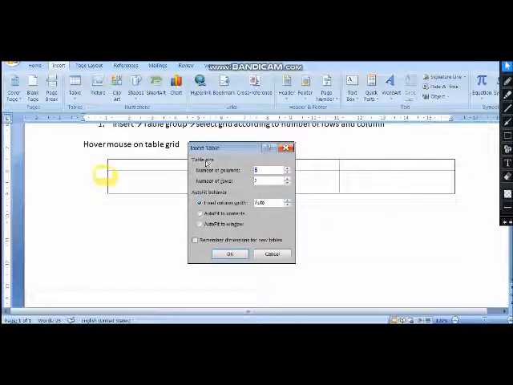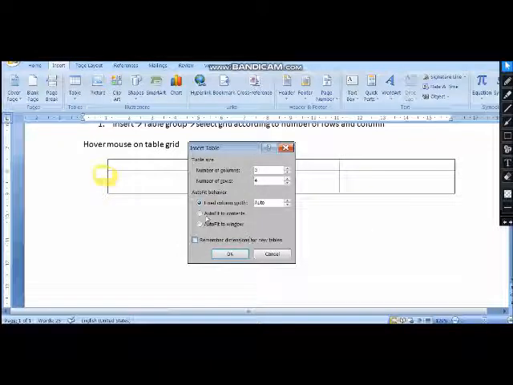Here it is written table size, number of columns. So suppose we want the same size rows. So what we are going to do? 3 columns. These are your 3 columns, 1, 2 and 3. And suppose we want 4 rows. So we have written here 4 rows. Now auto fit behavior, fixed column width, that is auto, means all the columns have fixed width, all the columns are equal. Here look, 1 2 3, all columns are equal, so by default fixed column width is there.